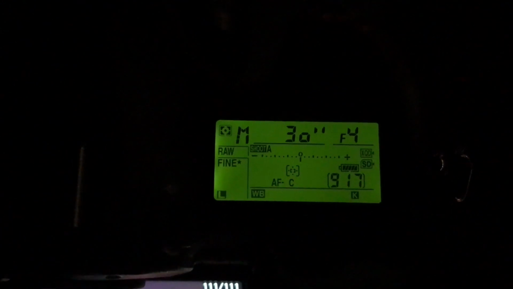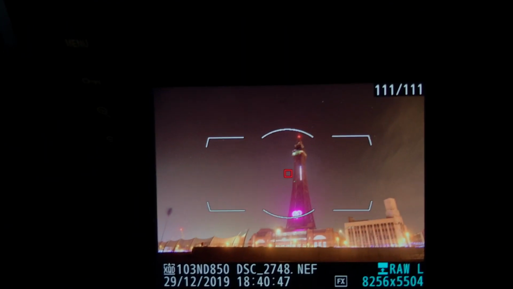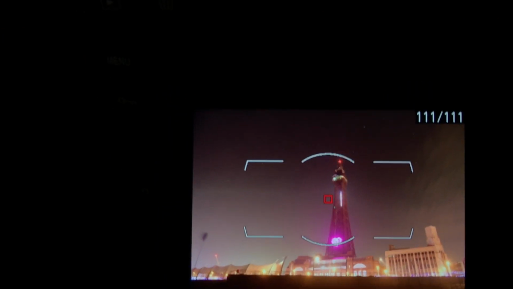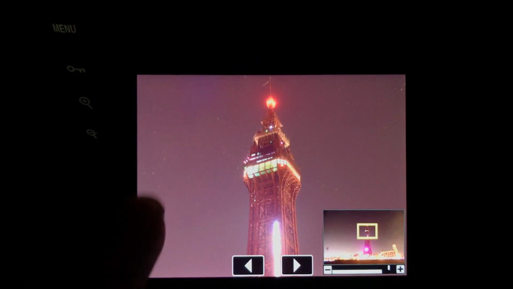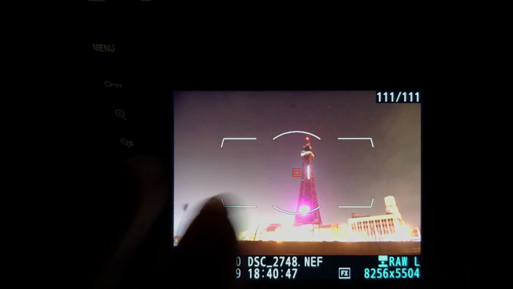30 seconds, f4, the ISO is 100, and that gets me that picture there. And if I zoom in, you might just be able to see some stars. Let's have a look. There are some, look, there's some stars there, look. So this will be interesting, and it's very bright in some areas, I know, but this is what I'm going